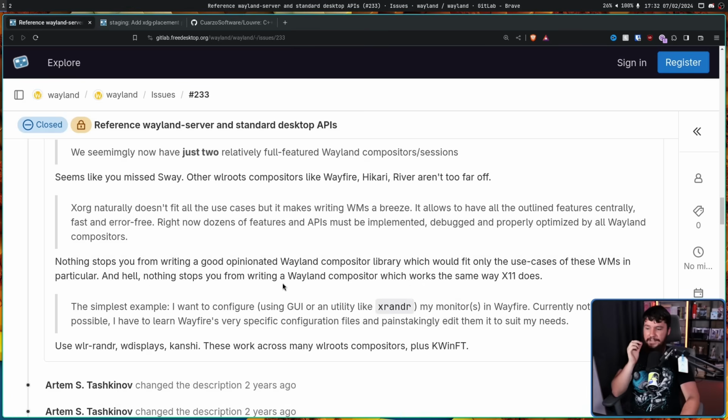Nothing stops you from writing a good opinionated Wayland compositor library which would fit only the use cases of these window managers in particular, and hell, nothing stops you from writing a Wayland compositor which works the same way X11 does. The issue is developers in the upstream project are not interested in doing this. They are not interested in creating Xorg 2.0 because Xorg is just unmaintainable. It's way too big of a code base. You need the kind of funding that existed back in the early 2000s to make something like that actually a